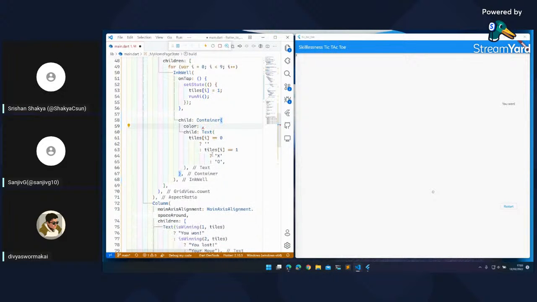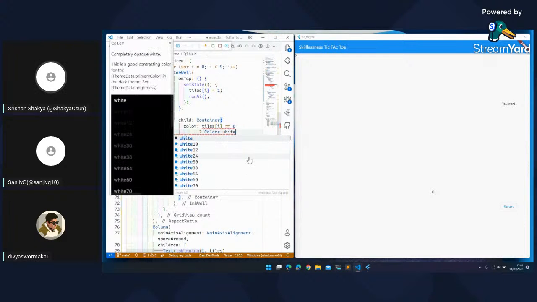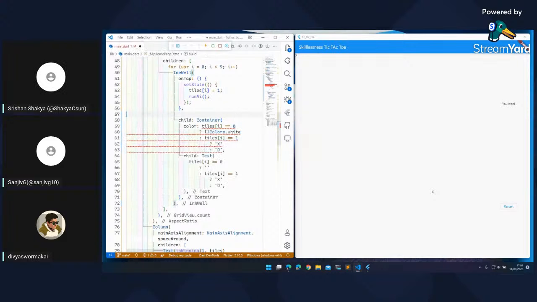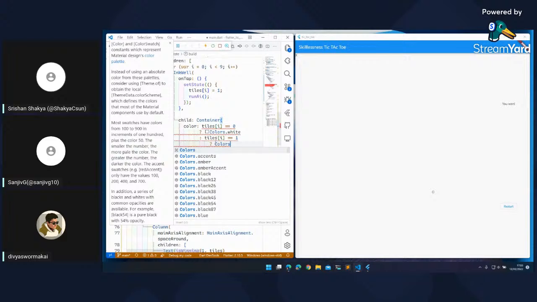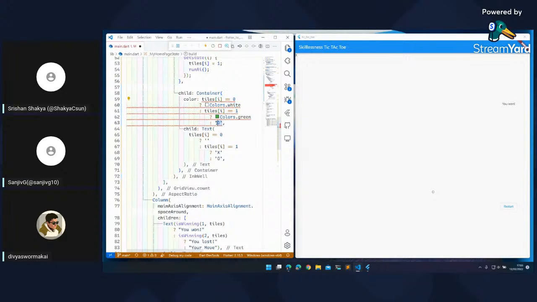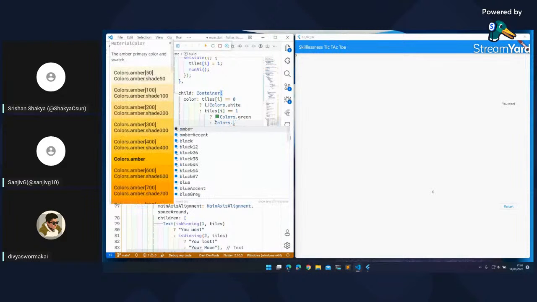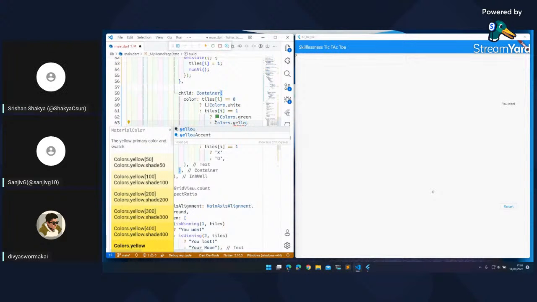Let's give the color. Let's copy this for now. We can always extract this color ourselves. This is Colors.white, I guess, and this should be Colors.green, and Colors.yellow, I guess.